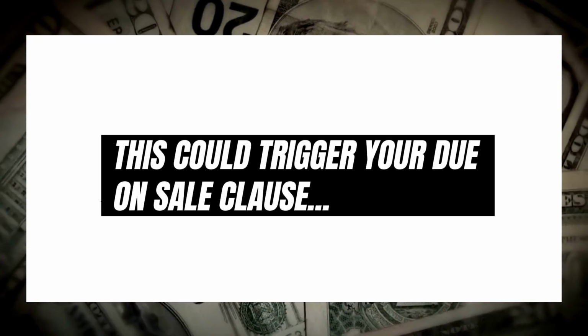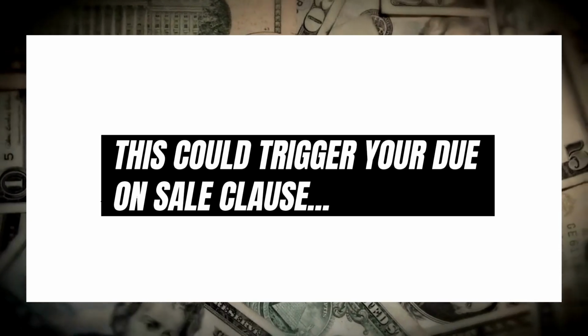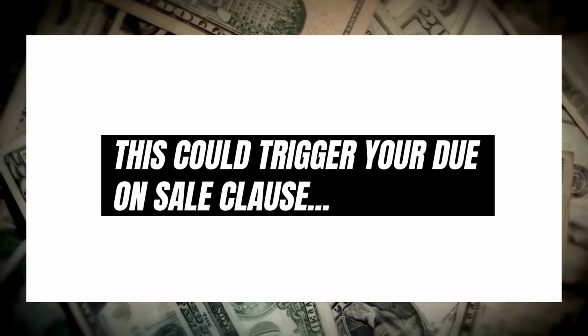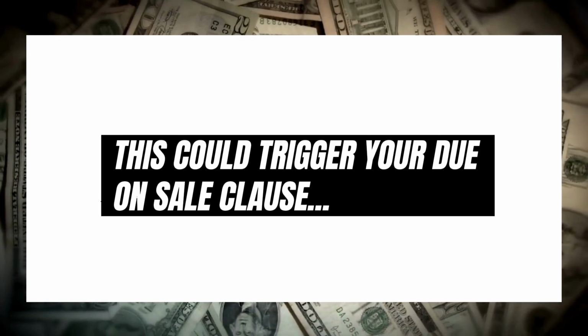Note number 2, doing a quitclaim deed and transferring the property from your personal name to your LLC could trigger your due on sale clause with your mortgage. What does this mean? That means the mortgage company could legally, if they wanted to, make your mortgage immediately due at the moment of the transfer, and you will have to pay for the whole property. Now,